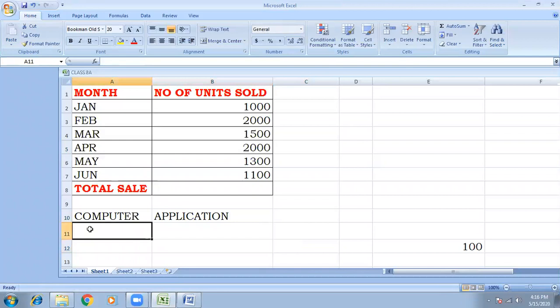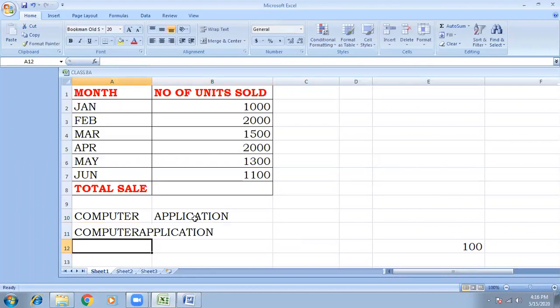Now in C10, I'm writing the formula equal the cell reference of this address. You click here, A10 will come, and then the ampersand sign, and then click on this cell reference, B10 will come. The formula is over, press the enter key.